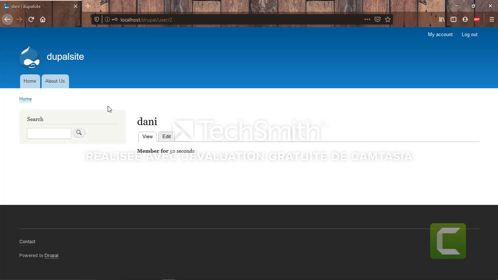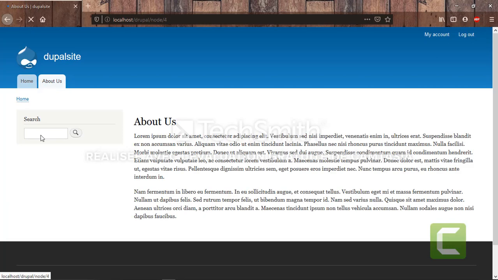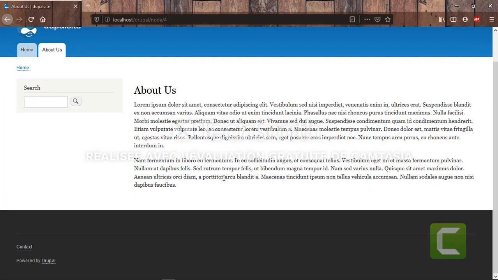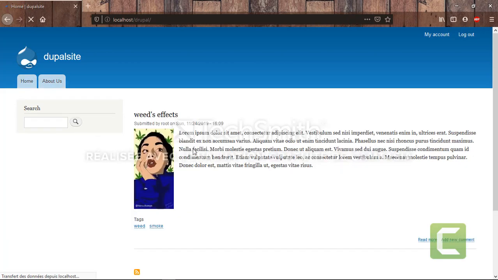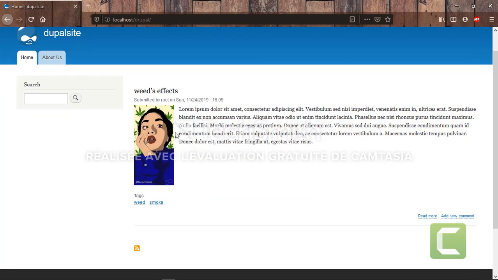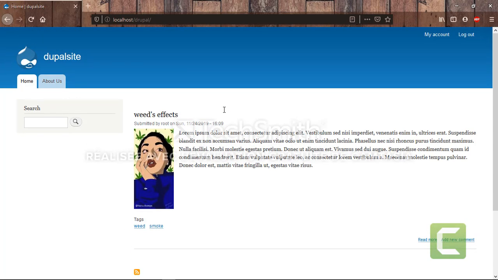So all I can do is check the contents of the site and see what has been posted, what are the news of the site, and I can read articles. I can also write comments. I can do some research, etc. And I can see some basic information about my account.